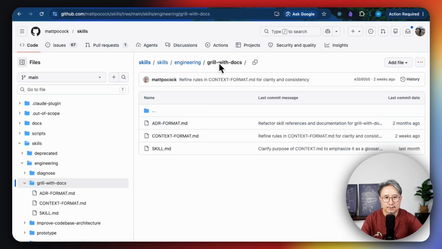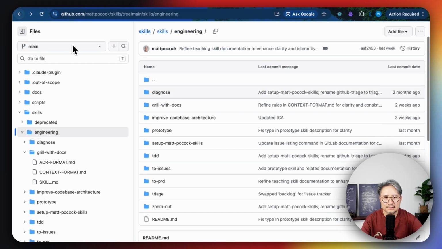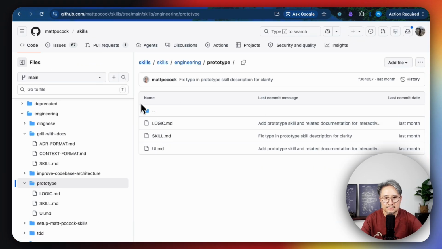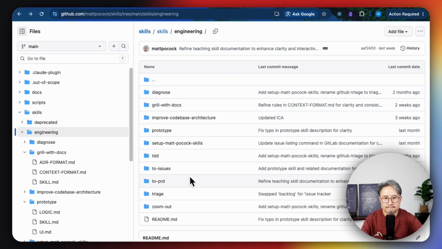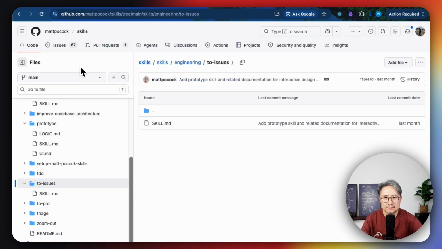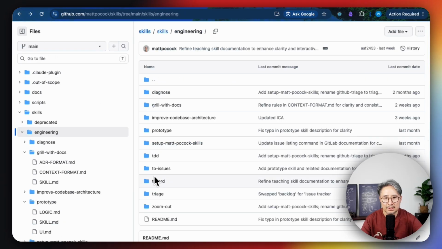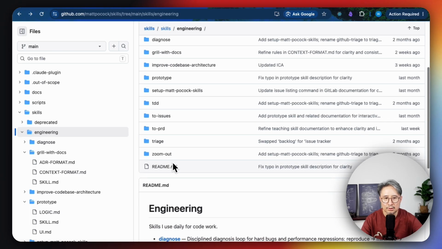Here are grill with docs, prototype, to issues, to PRD. If one doesn't fit how you work, you open it and rewrite it, or just ignore it. That's the whole design concept of this engineering skill set.